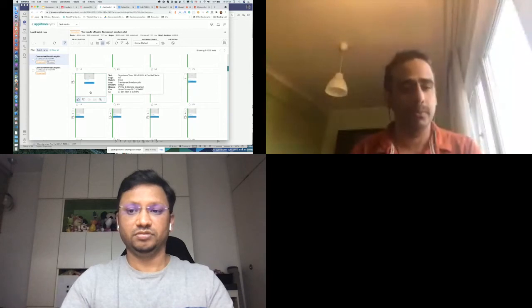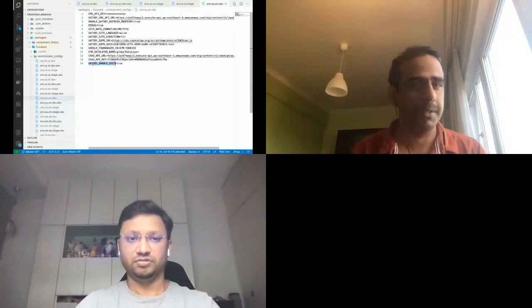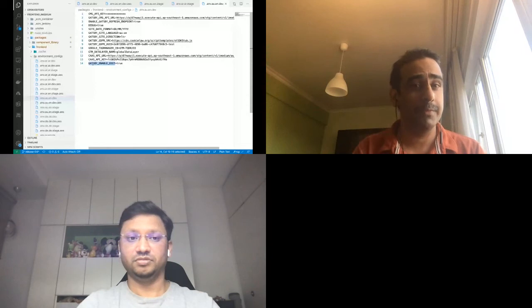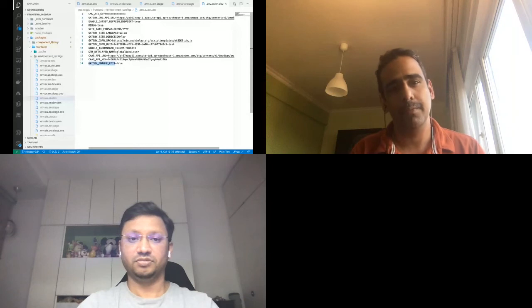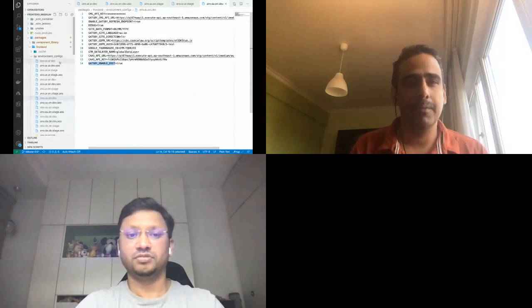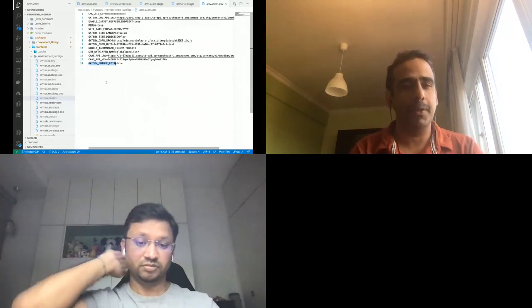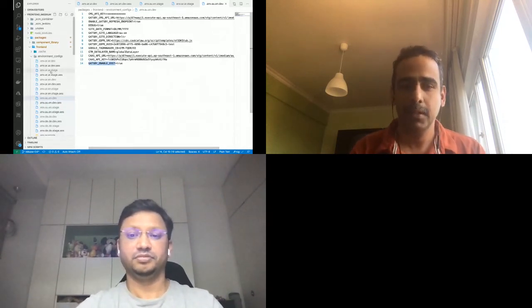We use Gatsby to generate a static site, so we only need most of these variables at build time. All our components are aware of these variables, and based on the variable values, they behave a certain way. For example, here I have set enable edit text to yes or no. Based on that, the components will allow editing on the screen or not. In the same way we hide, disable or enable some features. All these variables are available to our components, so based on these variables, they behave accordingly.